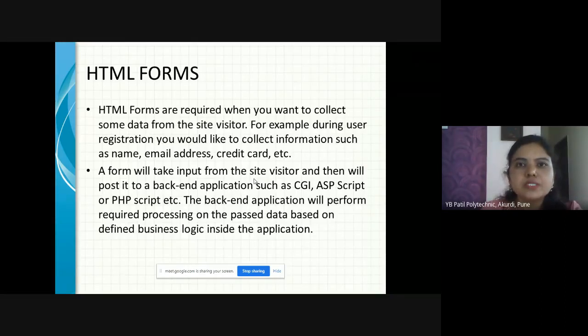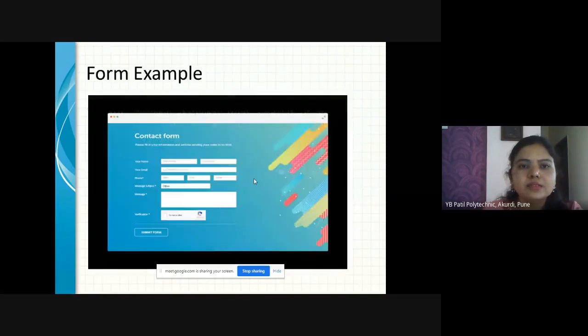You have experienced this when you log in through Gmail, or when you want to do a registration, then you experience forms. Forms look like this. Forms have a collection of text boxes and labels. This is an example of a form. If you are seeing this form, it has a blank square box. In technical terms, it is called a text field, and this square box is called a text area. So these are called the controls of forms.